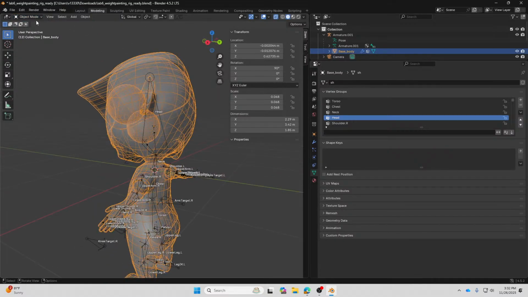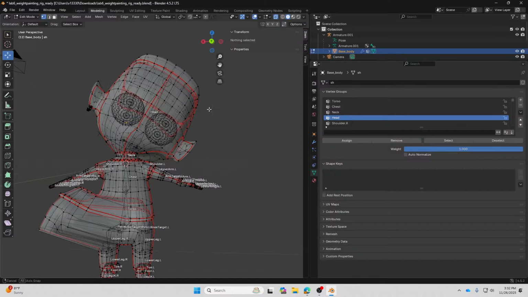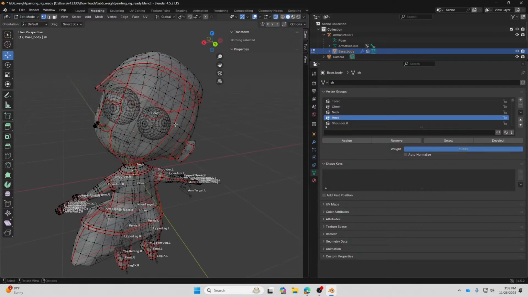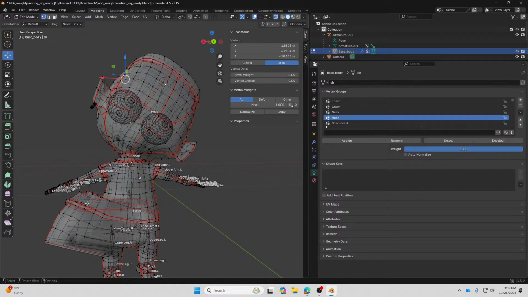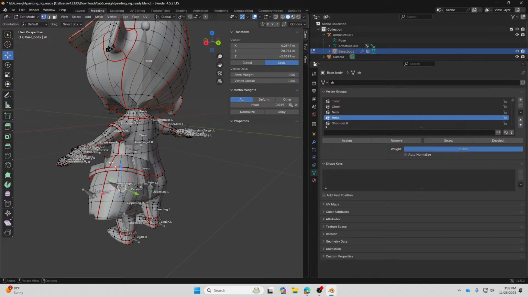Alright, so let me just simplify this a little bit. Once you see the problem of deformations like this, you can go into edit mode and then select, for example, one point on the part of the deformations, and you're going to see a list of all of the bones and vertex groups that have influence on this particular vertex. Then afterward you can find that vertex group in the vertex group menu over here.